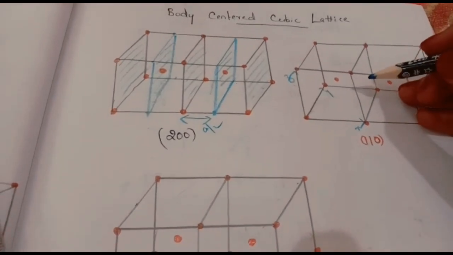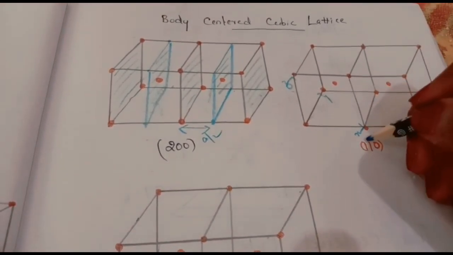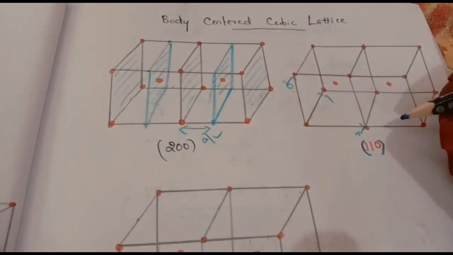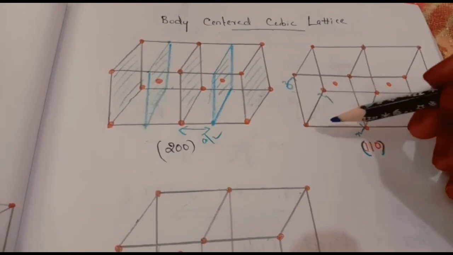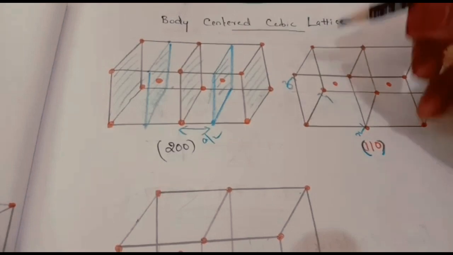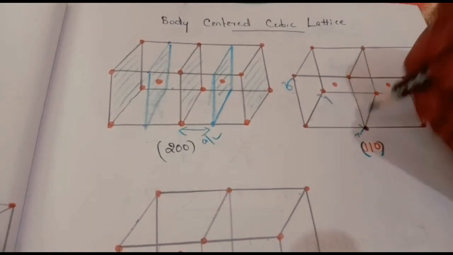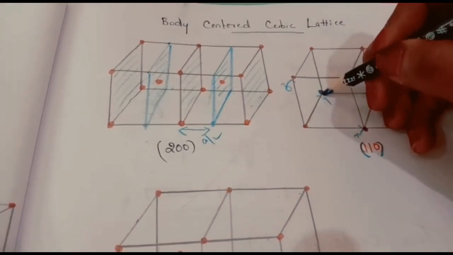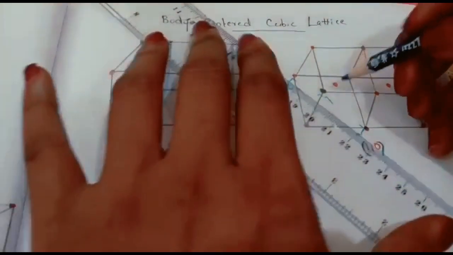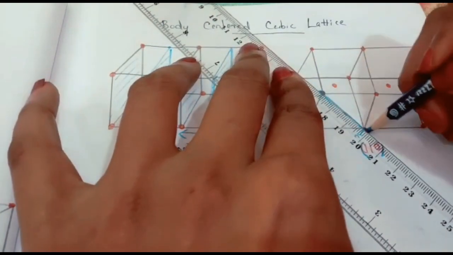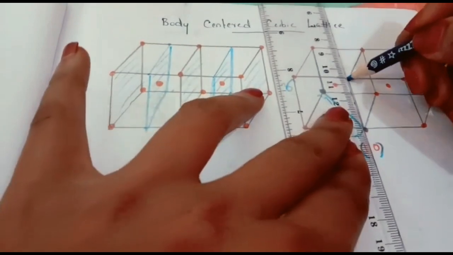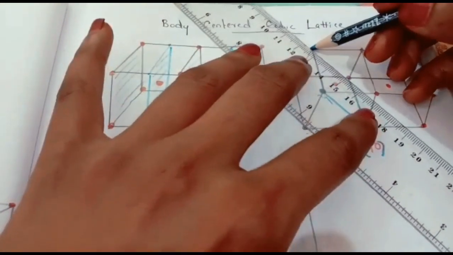Now we will draw the 110 plane of the body centered cube. We know how to draw 1, 1, 0. This one is the origin. This is x, this is y, and this is z. So 1, 1 means for x there is 1 point, then y also 1 point. There is no z because z meets at infinity. So how will we draw? We will connect x and y. Then this is another line. This is another parallel line. Then parallel to this we have to draw another line.